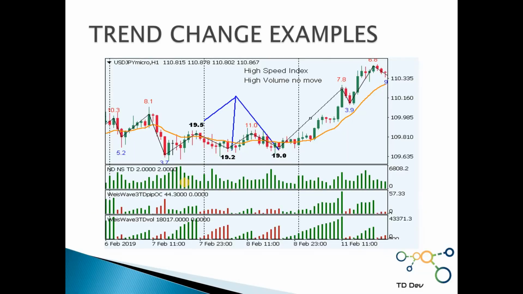what speed index is. So speed index is a relevant number measuring the speed of the waist wave. So right here on this chart, these numbers displayed above and below the bars of each wave is the speed index number. So what does it mean?